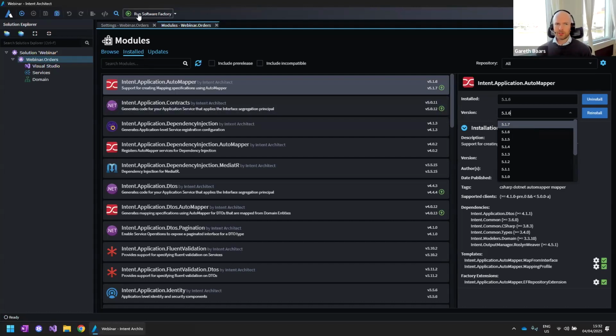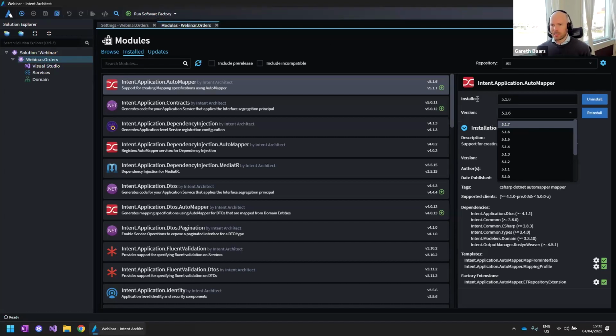We can run the software factory execution, which I'll show you guys in a minute, and we can essentially upgrade that entire application and fix all of those places where we're using the automapper. We can get all of those upgraded pretty much in a matter of a few seconds, right? And so that's how we start to achieve what I was talking about earlier when I was talking about code base upgradability and an agile architecture.